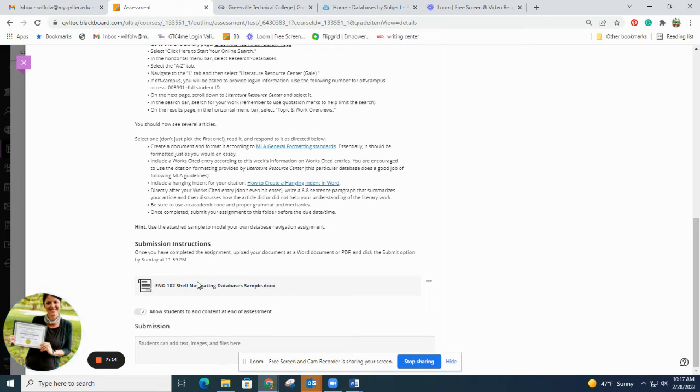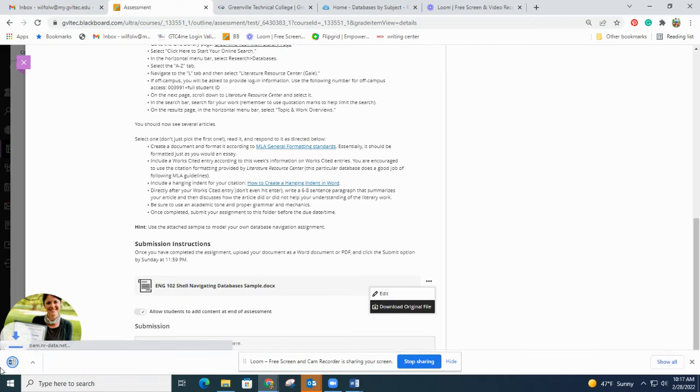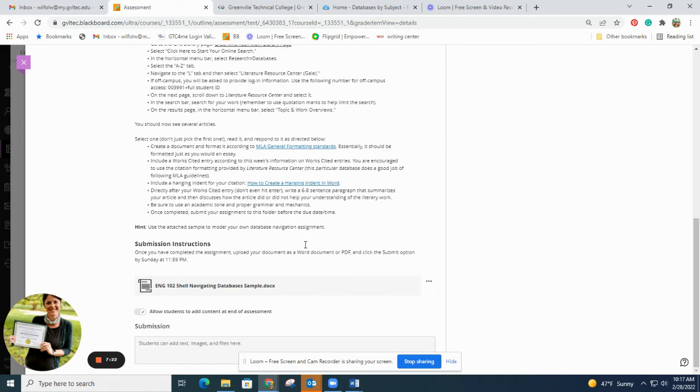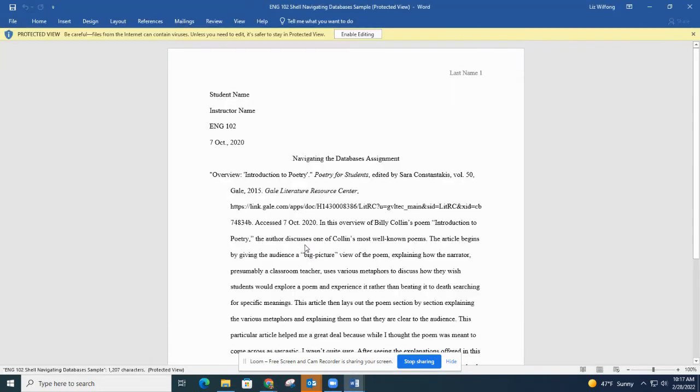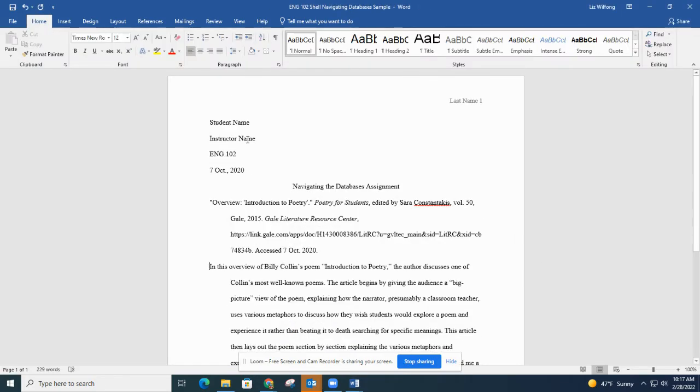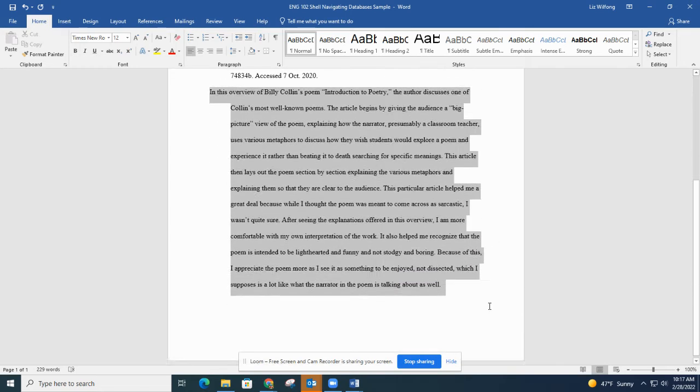And there is a model here. Let's see what it looks like. Okay, yeah, that's pretty straightforward. It should actually enable editing. Take the hanging indent off. I'm going to fix this.